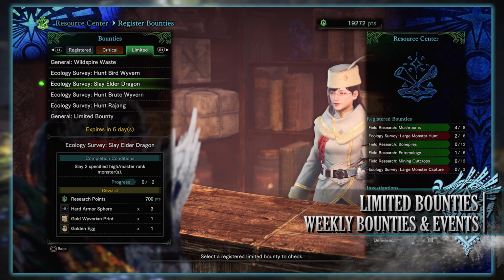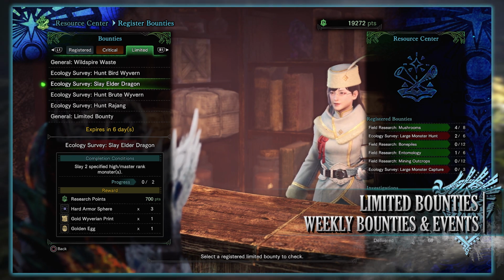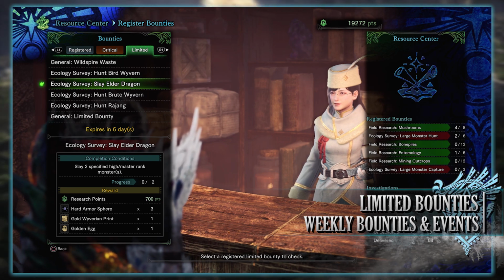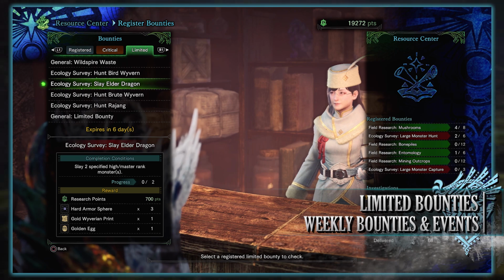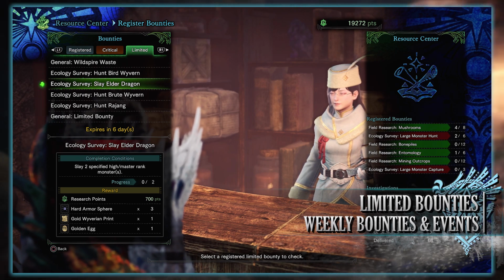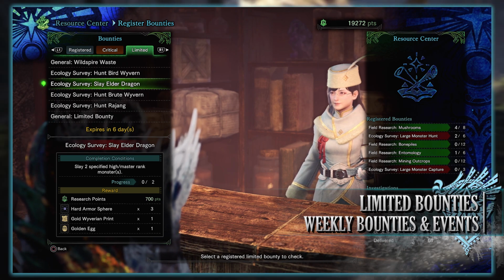Next is an ecology survey, slay an elder dragon. We have to hunt down 2 elder dragons at high or master rank, and for doing so you'll get research points, some hard armor spheres, a gold wyverian print that can be used at the elder melder in exchange for various monster gems, and a golden egg that can be sold for zenny. This as always will be the last limited bounty you have access to if you don't have Iceborne,